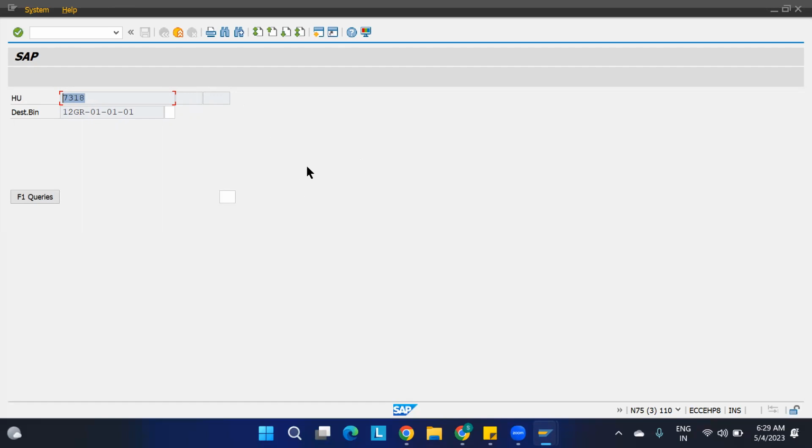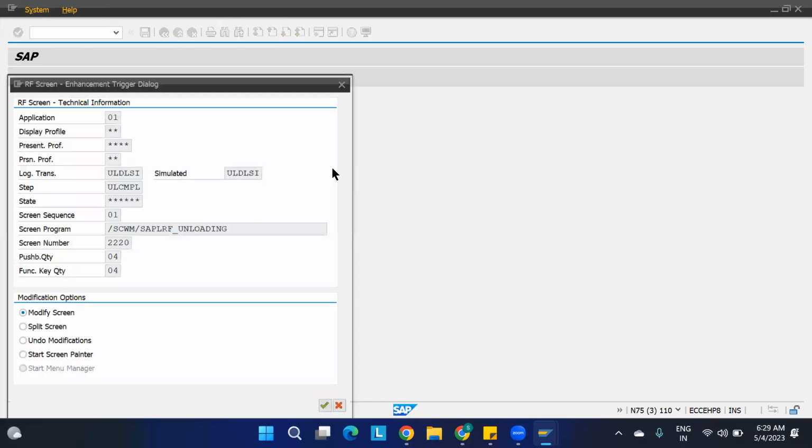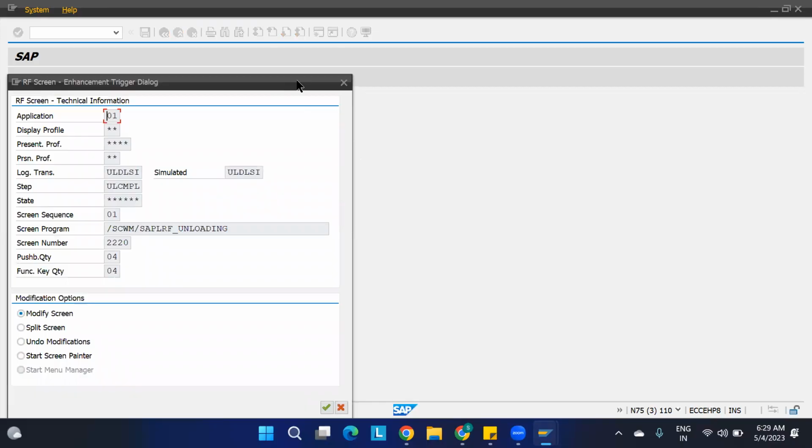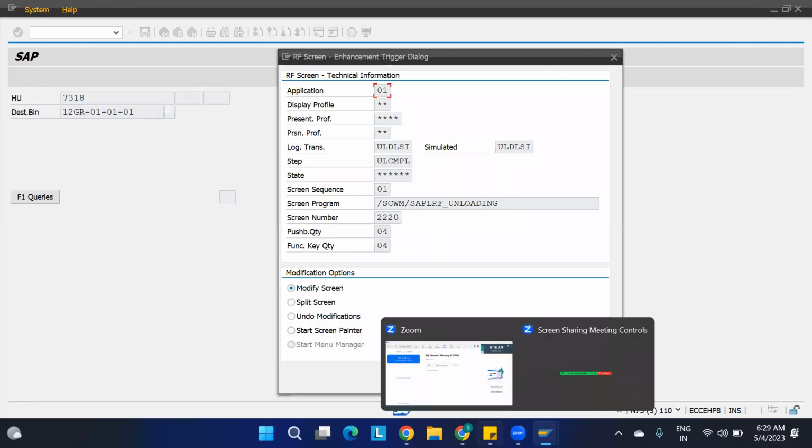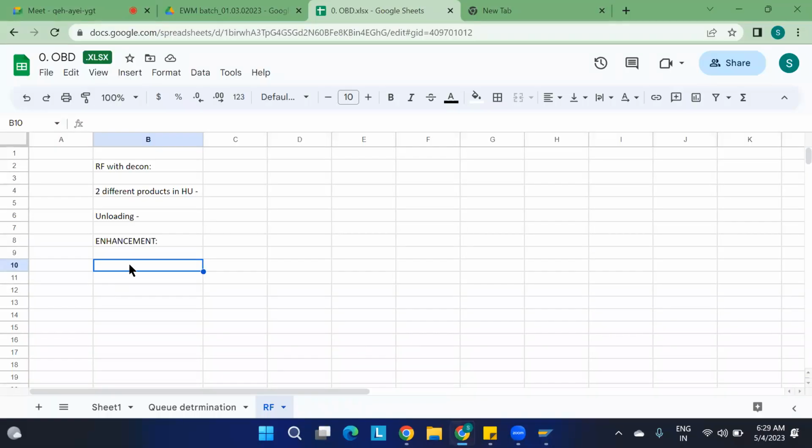In this case, what you need to do is just click Control Shift F1 in your system. Okay, you have to click the Control Shift F1. Please note it down somewhere else. I'll only write it here. For enhancement, wherever you want to change something within the RF node, there you have to click